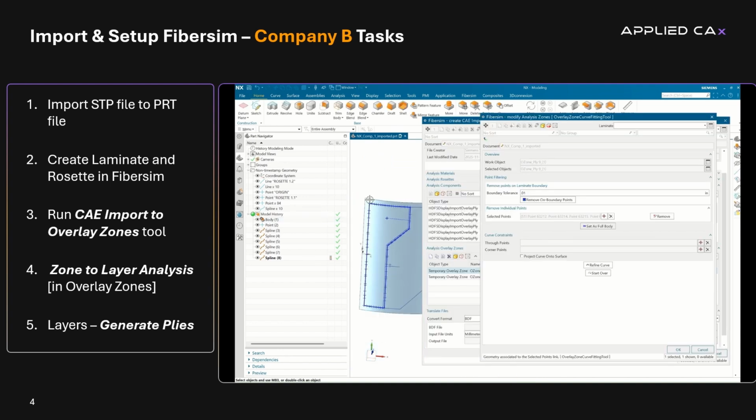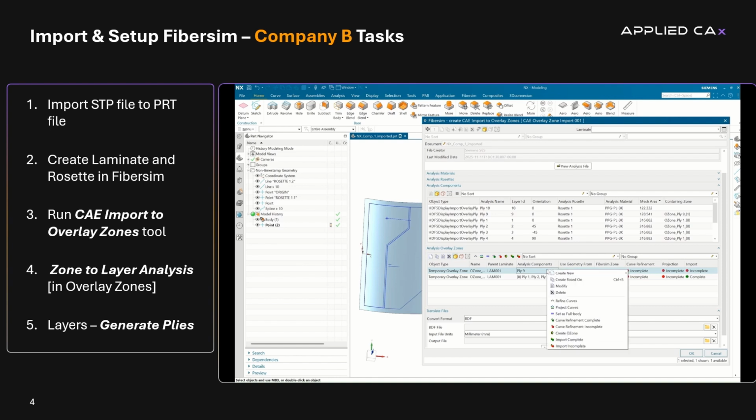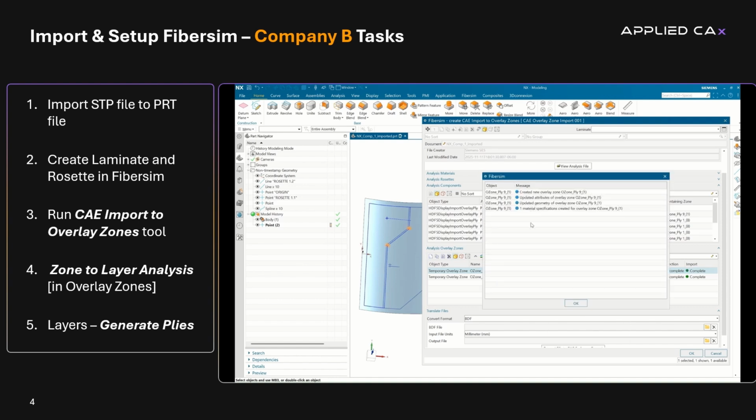And then we'll refine that curve and click OK. And then we'll right click on that and create the ozone, which is creating the overlay zone definition for us. We'll click OK and do the same thing